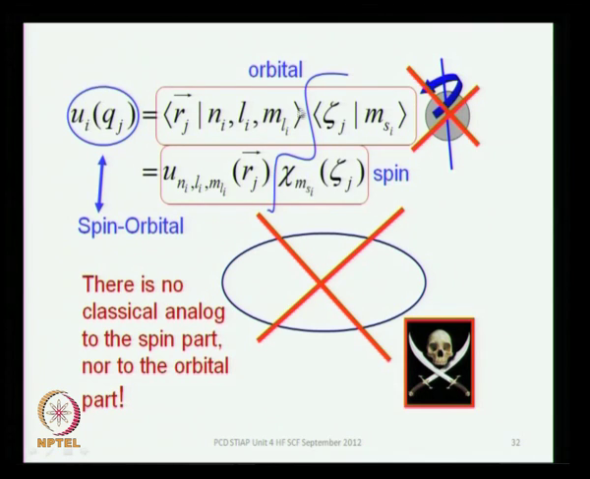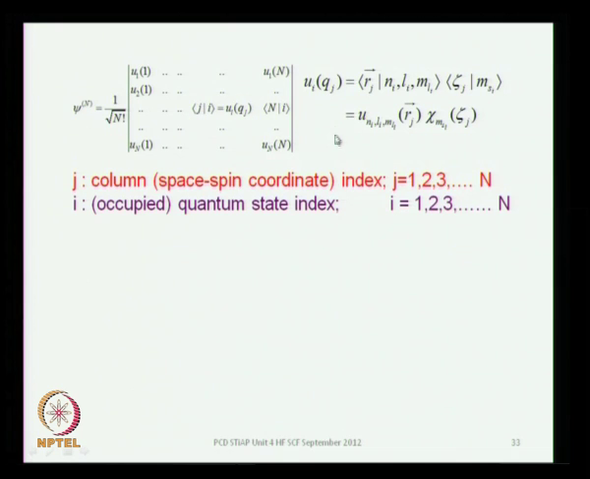So, you have got an orbital part which is the coordinate representation of the quantum state vector, and this is the representation of the spin state vector in the spin space. So, you have got the spin part and the orbital part, and together they constitute the spin orbital. The subscript i represents the quantum state. So, it represents a set of 4 quantum numbers, and the argument q represents the space as well as the spin coordinate. Now, that is a notation we have,